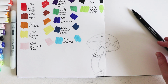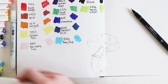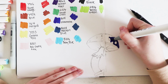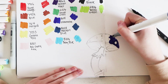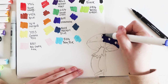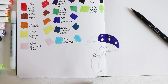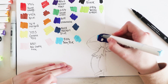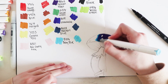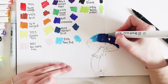Right, so we're going to start with the Ultramarine, which is going to go on this side. And I want to see if it blends into the baby blue, so test that in a second. Probably should have put some paper on the other side, but that's okay. Let's see if we can blend these out. I will go over them white dots in a second. I just want to really test, see if it